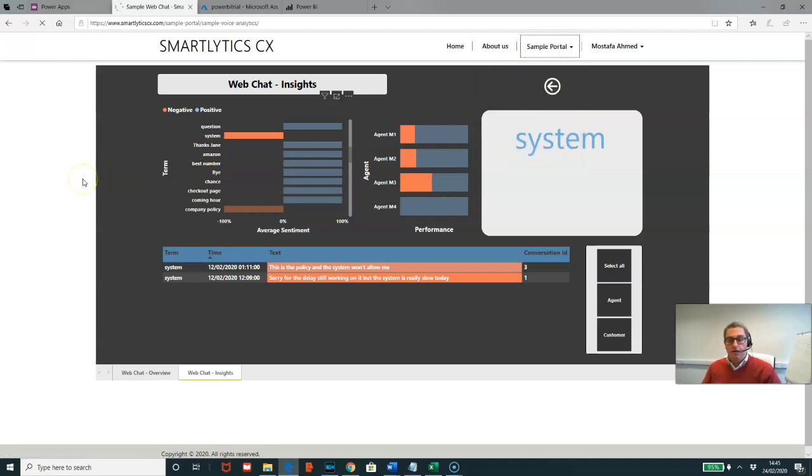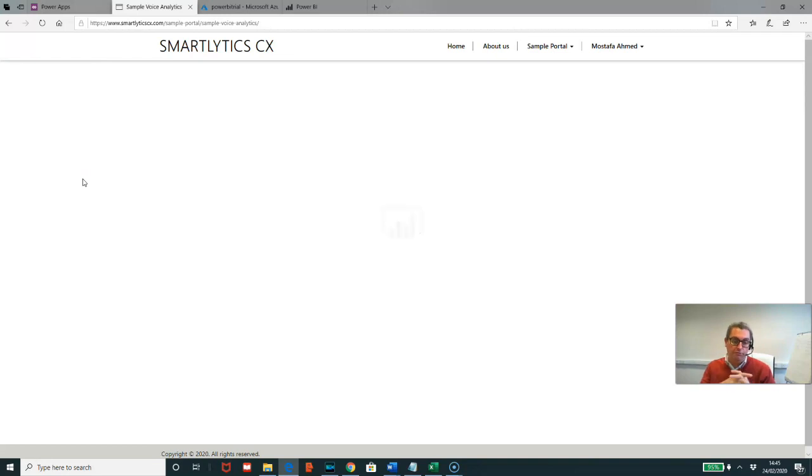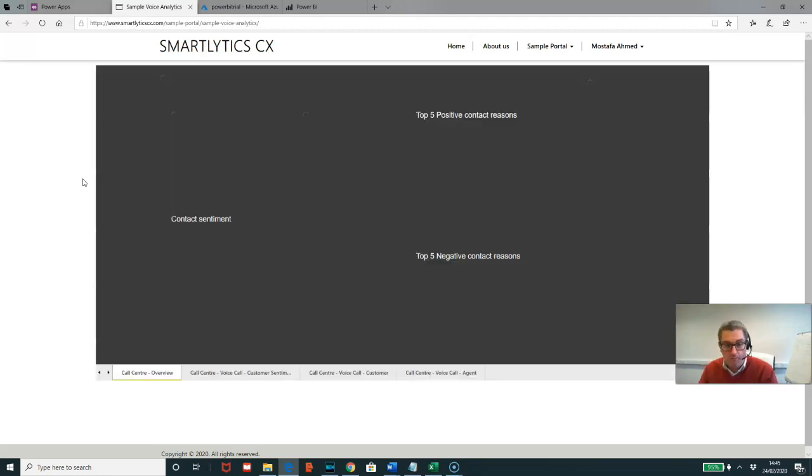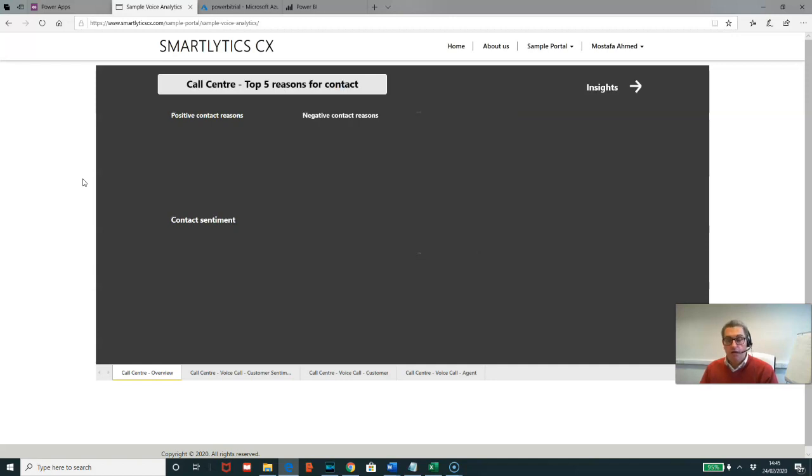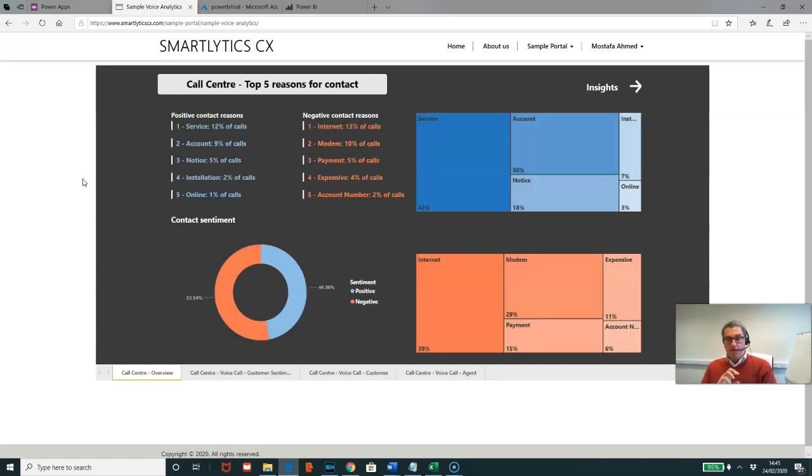So obviously, as transformation is happening, we also want to reduce voice calls more and more. But as long as they still exist, you would want to capture as many insights as possible from your voice calls and what is triggering those calls, and not just from agents logging certain call types, but actually from the real voice of the customer. So if you're looking for a voice of the customer, this is the real voice of your customer. So again, it provides you with the top positive contact reasons, top negative contact reasons, and so what's driving contact,